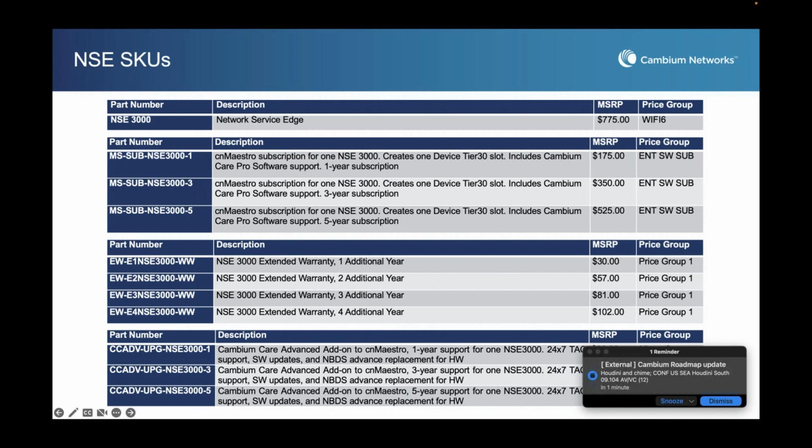Yeah, so let me double click on that. Let's just take an example to make it very clear. Let's say you have a CN Maestro Essentials account, and for folks that don't know, CN Maestro Essentials is basically the free version of CN Maestro. And the question is, in an Essentials account, let's just say you have 10 access points and 1 switch, you're not paying for CN Maestro. Can you insert NSE into that account with the NSE subscription? The answer is yes, right? You don't need a subscription for all the devices. It will work in an Essentials account, but NSE itself always requires a subscription.